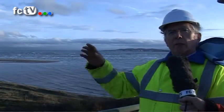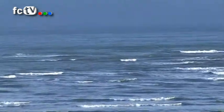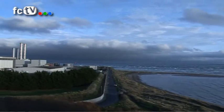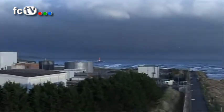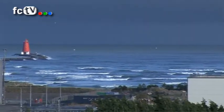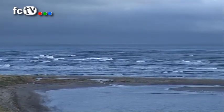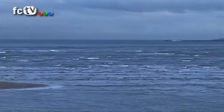The pipeline heads out to the sea right here behind me, and around the red lighthouse that you see in the distance, and across into Sutton Bay on the north side, and a pumping station was constructed there. The importance of that submarine pipeline and the pumping station is that it ended the raw sewage outfall into the sea at the back of Howth Harbour. And so that area of Howth has been totally cleaned up, and now all that sewage is taken into this